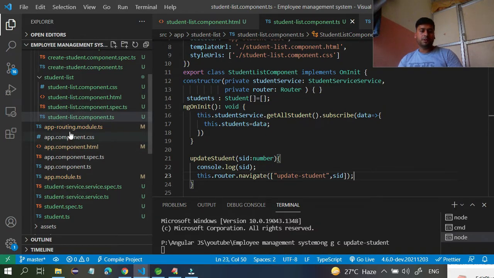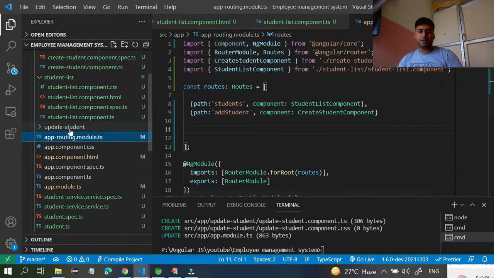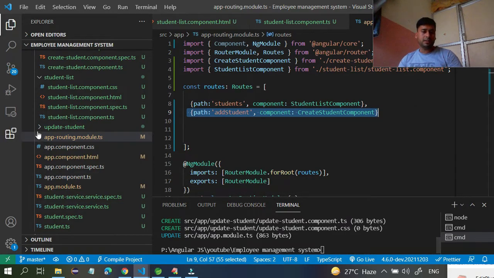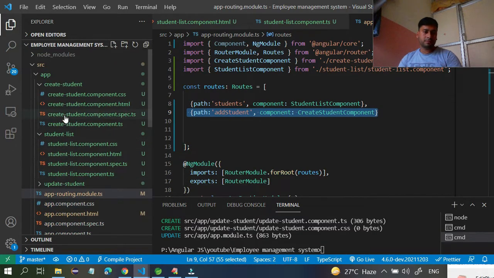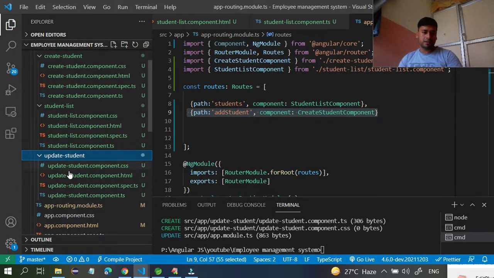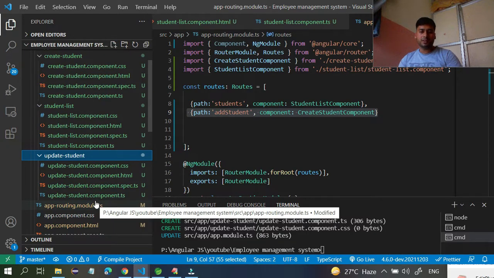You have to go to the app.routing.modules, and here you have to specify one more path. See, this student component is created: update student component. Here you can see the update student component is created.